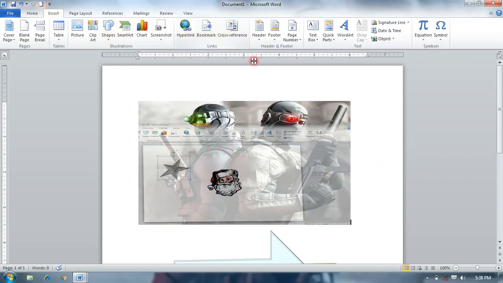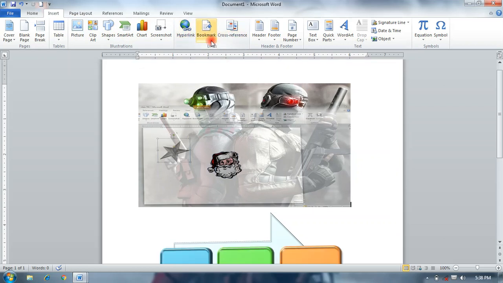Hyperlink, bookmark, cross reference: these are related to internet options. Hyperlink is used to jump or link from one page to another page, and we quickly jump to it.